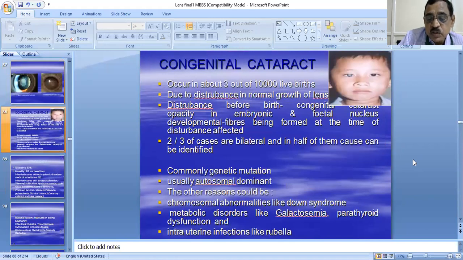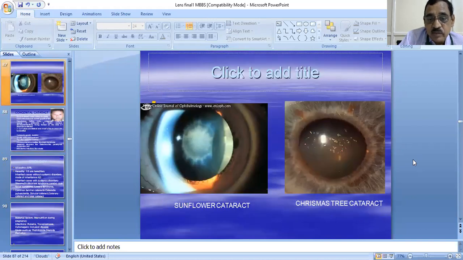So next, before going on to the congenital cataract, we take up the management of the adult acquired cataract. The management can be either medical or surgical. Mostly it is surgical. In case the patient is happy with his daily routine and doesn't want surgery, we may try to enhance his visual capabilities by some means or the other.